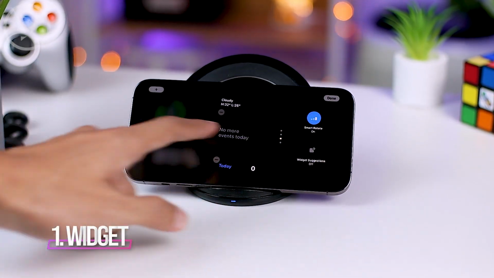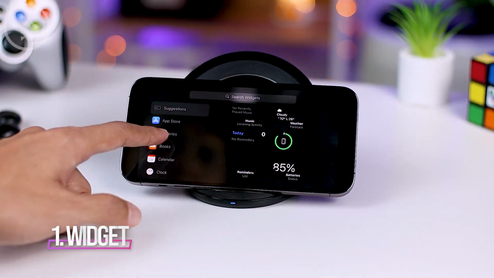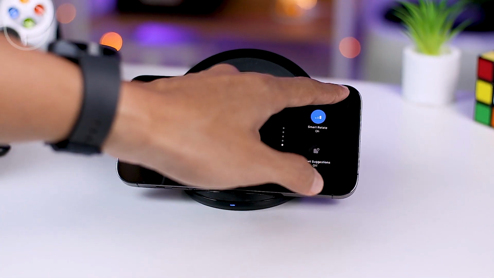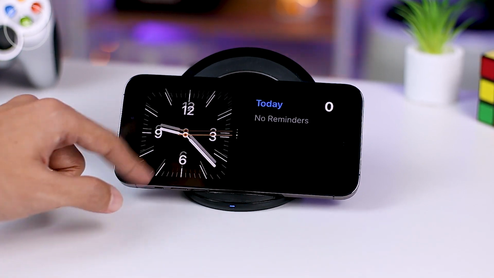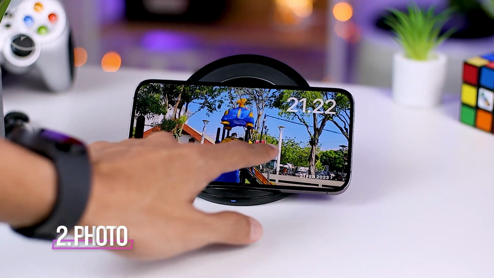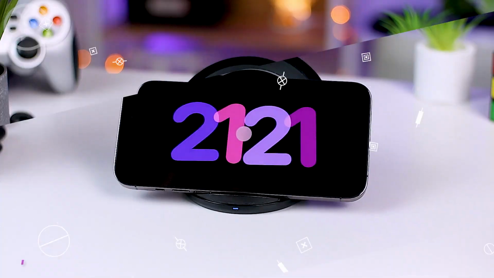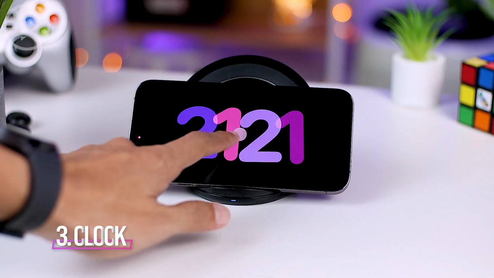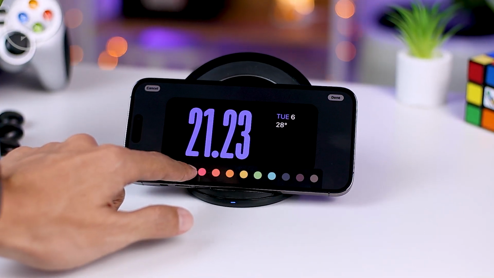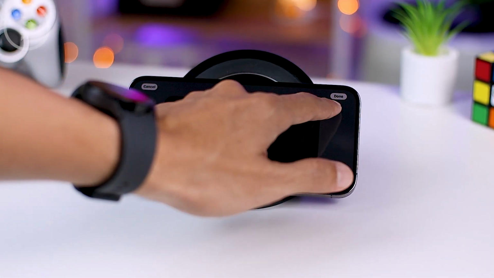And here there are 4 different displays in standby mode. For the initial display, here you will find a widget view that you can add according to the widget you want. And for the widgets that you can add in this standby mode is only the widget with a square size. And here you can add widgets both on the left and on the right side of the display. And for the second view, here is the standby mode for displaying photos. And for photos in this view will be automatically selected according to the photos on your iPhone. And then for the third choice, you can also change the clock face with a variety of clock displays that are also very attractive. Here there are 5 clock faces that you can immediately choose, and you can change the color according to what you want.